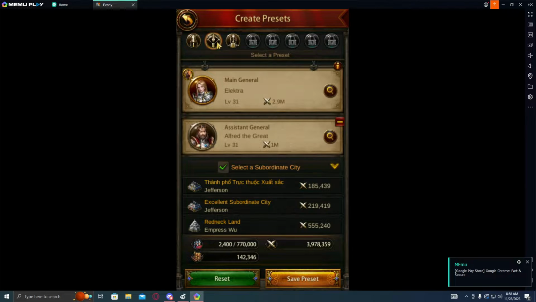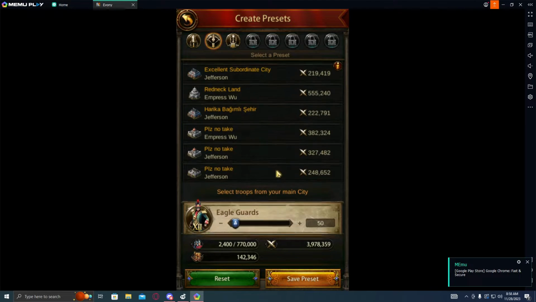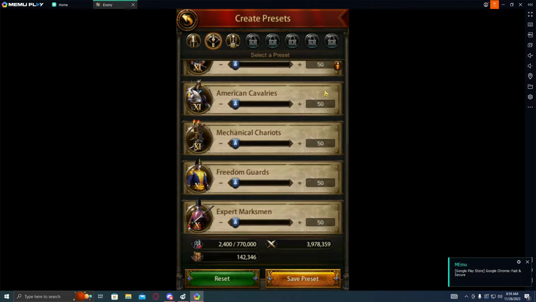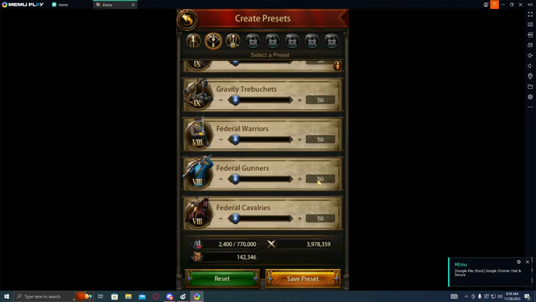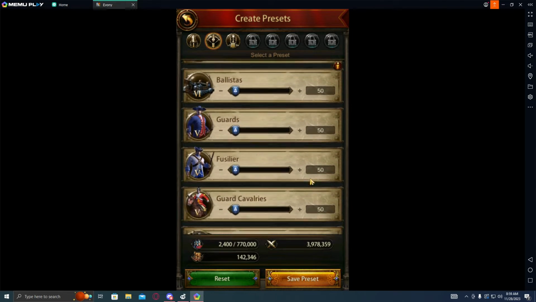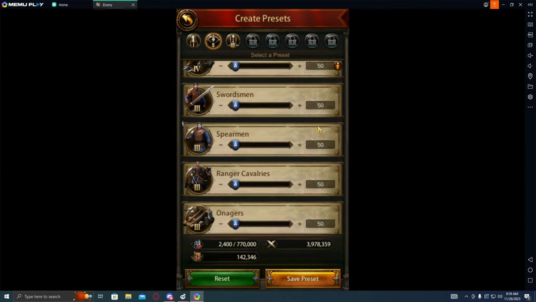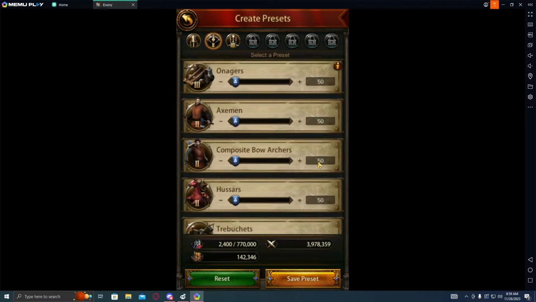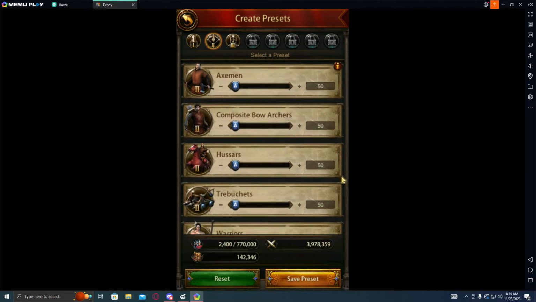Now, with the presets, you're going to want to make sure that you have at least 50 of each of your troops, and these are called your layers. Now, the reason these layers are important for your PvP march is because of the mechanics behind the combat in